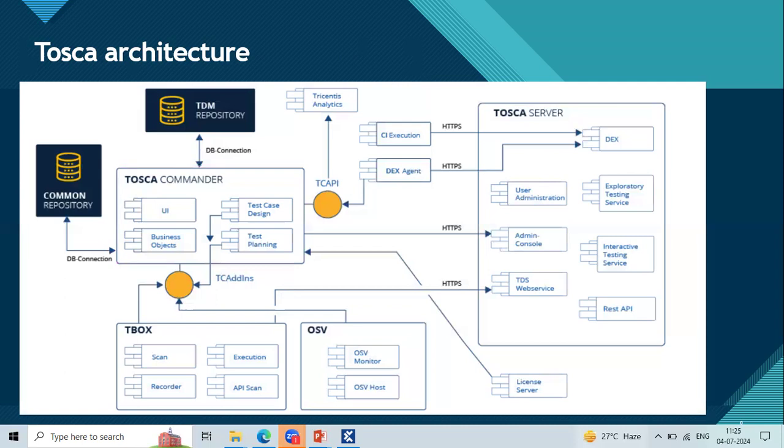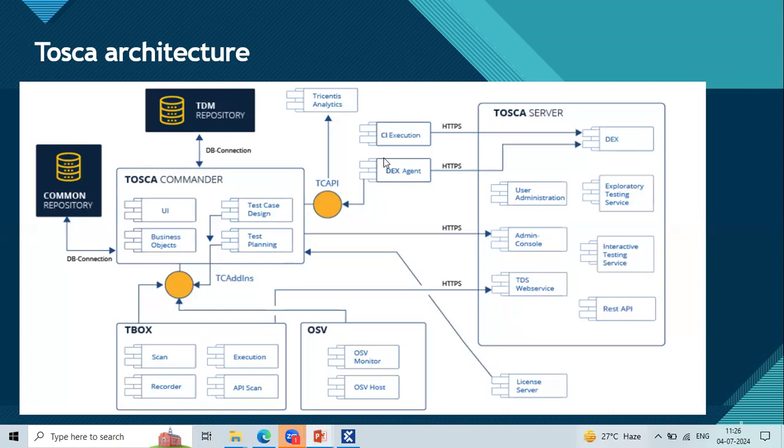Give me 1 minute. Okay? So this is the architecture you are able to see for Tosca 14 and below versions.